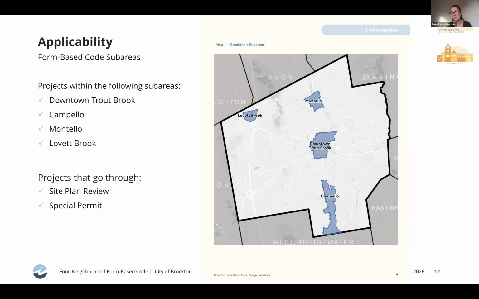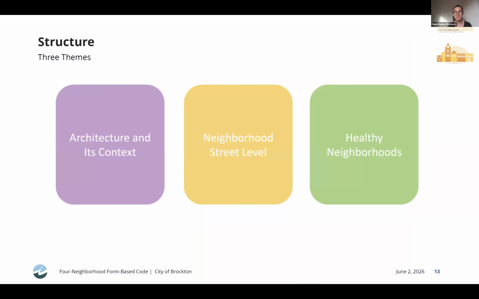Projects are also encouraged to follow as many guidelines as possible, but understand that not every project has the same characteristics and has to follow every design guideline. So as I said, it's around 3 different themes. The first one is architecture and its context. What it tries is to